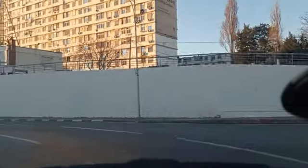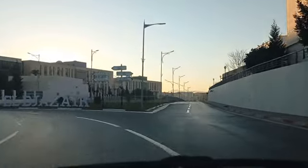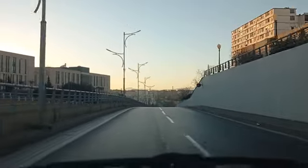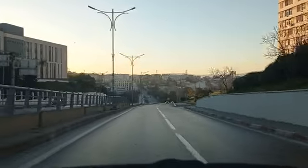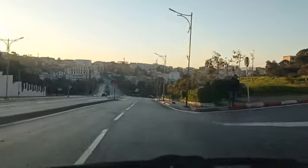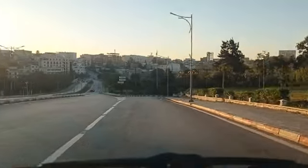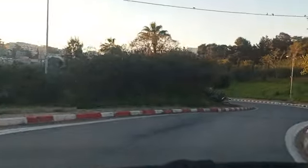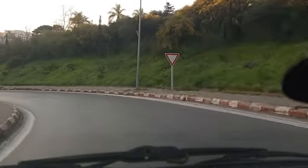Now if you want to go to Ben Aknoun, you take the right, but there is a better way. Okay, so I heart Algiers, which means I love Algeria. And now this is the entrance to the Anassers apartment complex. There is another road here to Ben Aknoun, and yes, we are going to take it. Okay, so Kouba is straight ahead. Take the left, but we are taking the right way here. The road on the right, this exit, in order to go to